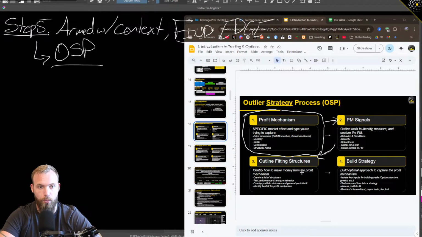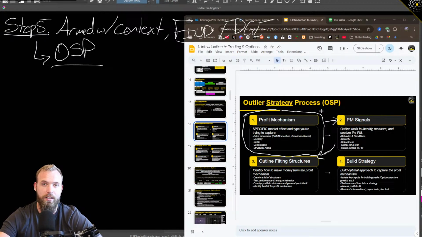Notice, again, I will continue to reiterate this point every single time we look at this. Notice how this is about trading options. Notice how I don't say anything about options until the third step. In this process, related and about specifically trading options, options aren't mentioned until the third step. What does that tell you? It tells you that options are simply a vector to capitalize or to extract or to monetize an idea.